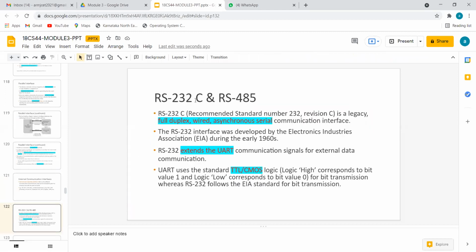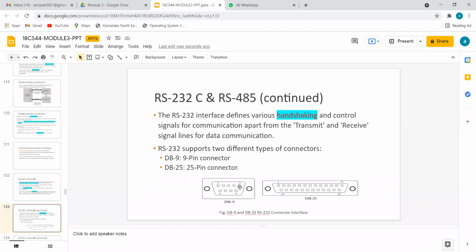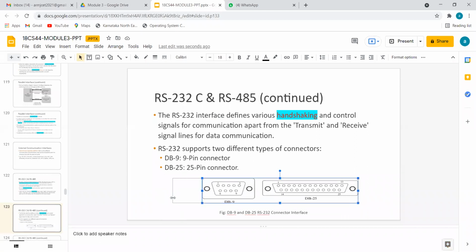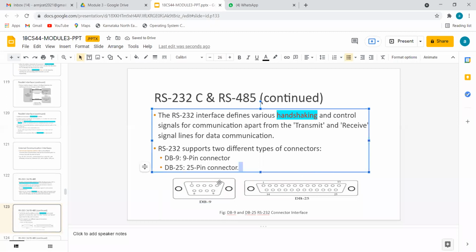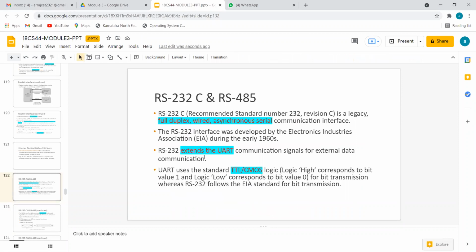So now let's start RS-232 and RS-485. If I show you the diagram, I hope you can easily understand this. If you have connected a projector, nowadays laptops are giving us a digital interface, but really speaking, projectors will have this type of pin. Even if you check a computer monitor connecting at the back end of a CPU box, you can see such pins. Now we should not use the words monitor cable, etc. Those are general English. Really speaking, they are RS-232 cable or RS-485 cable.